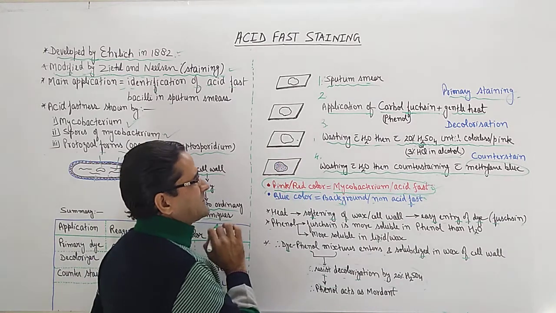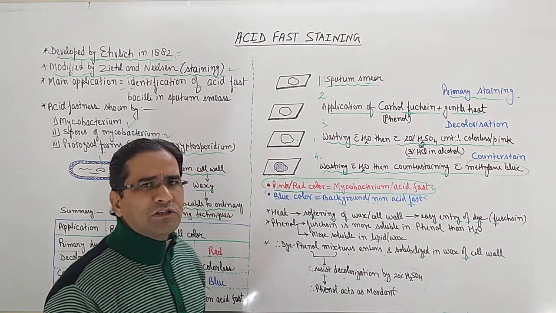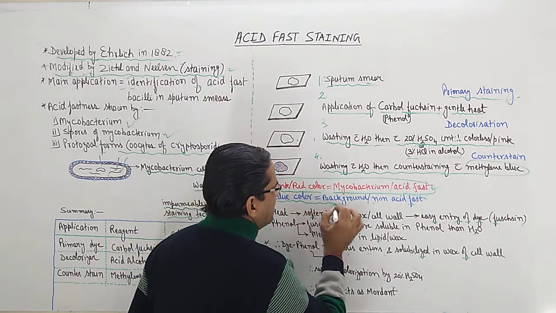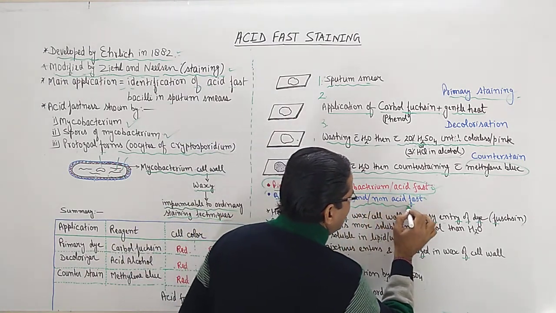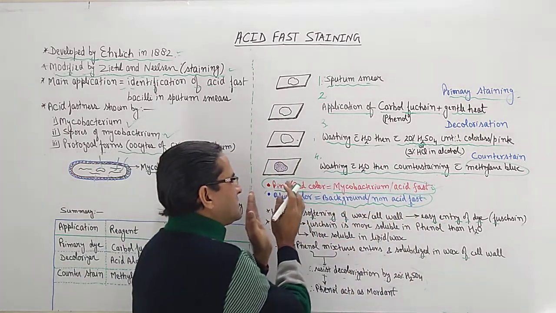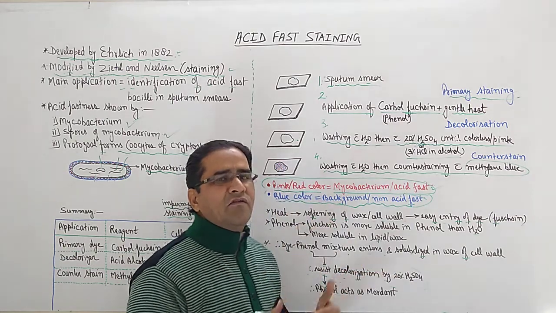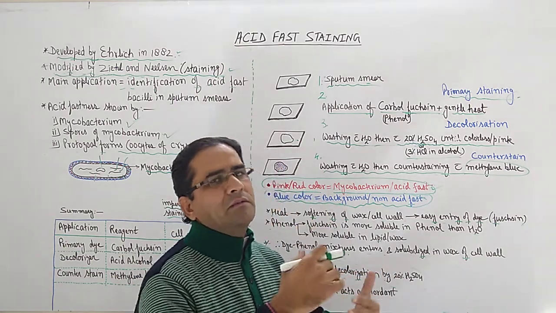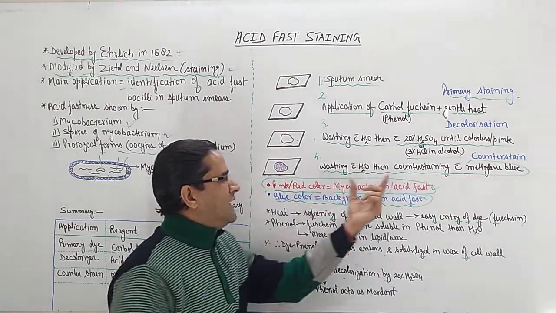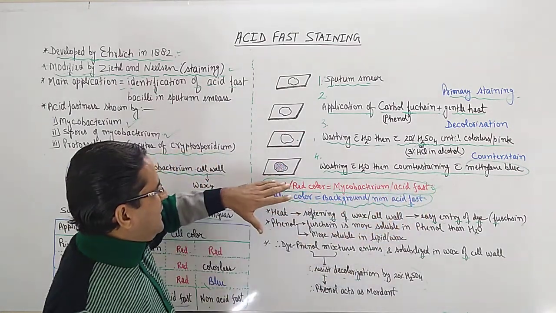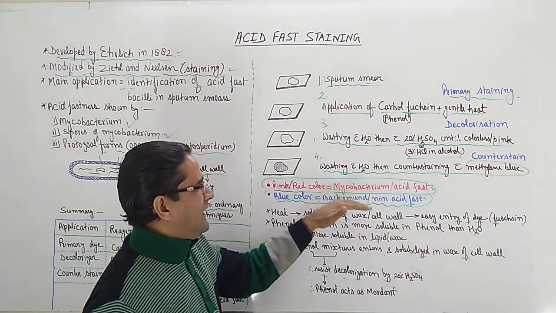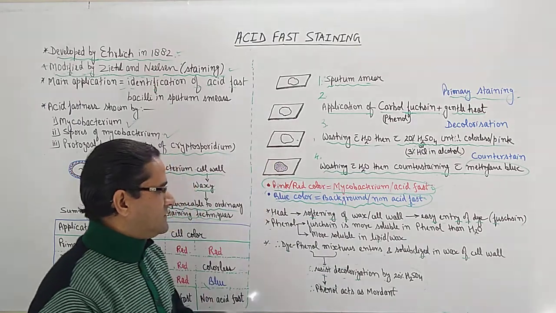Now if it is not present, what is this? What are blue spots? What do they indicate? Blue color is given by the background or the bacteria which are non-acid fast. So based on the result, the prescriber can further move, he can further prescribe the antibiotic. So if the mycobacterium is present or the acid fast is present, it will appear as reddish or pinkish and the background will appear as violet color like this.